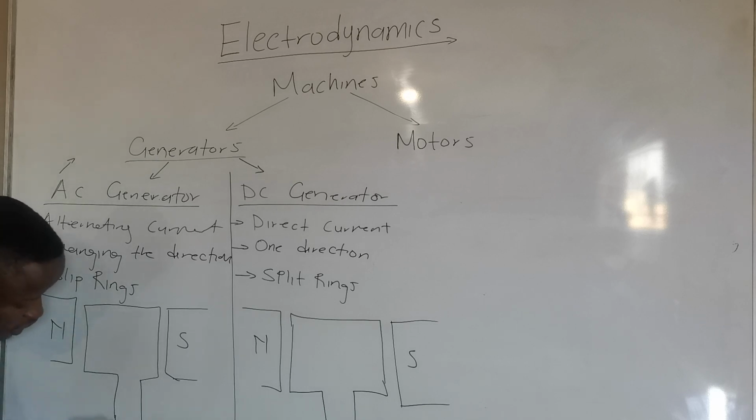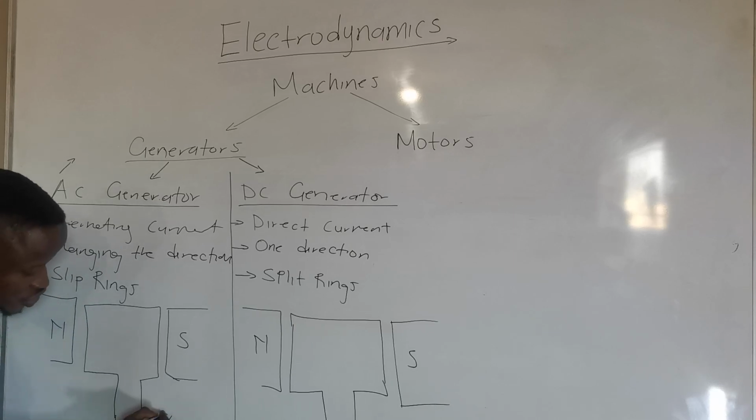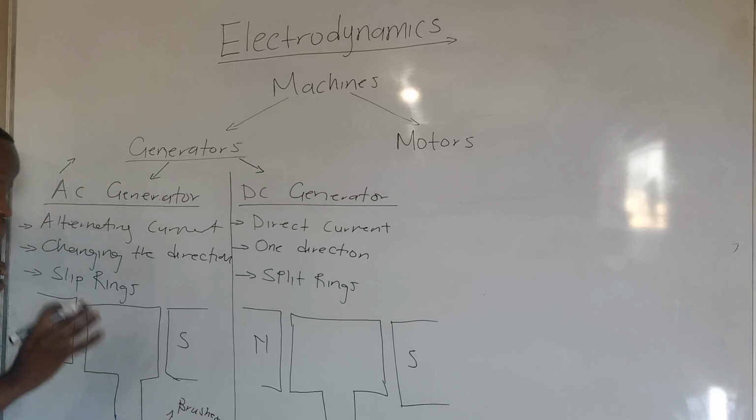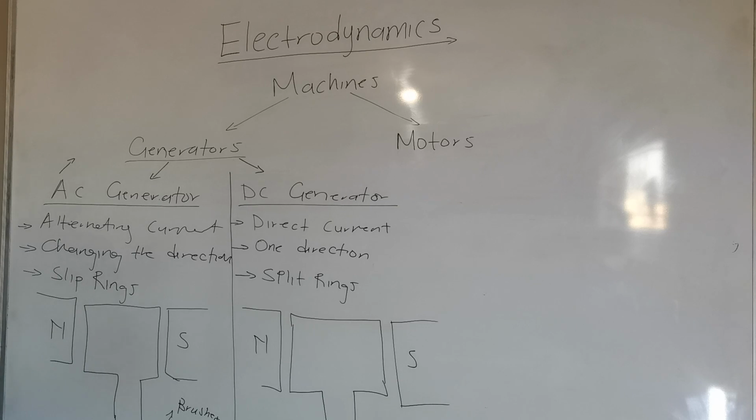And then now, on the split rings, we are going to have some smaller things there, which we are going to call the brushes. These are the brushes. Now, if you check, the rings are not entirely, how do I put that? They are not